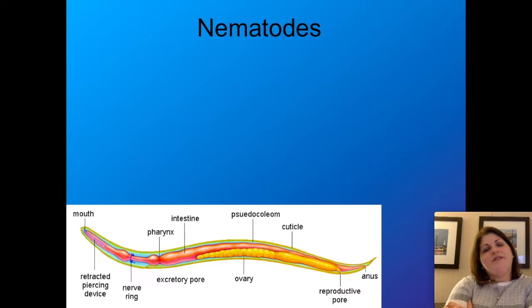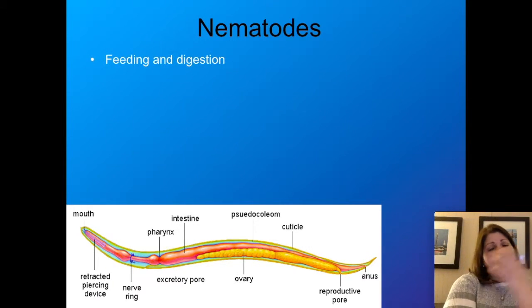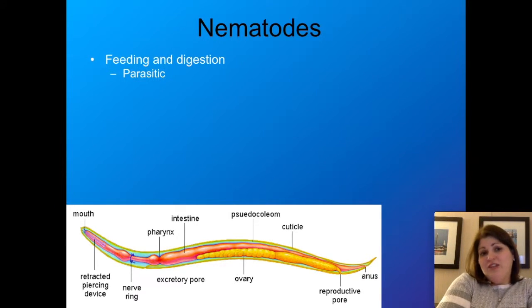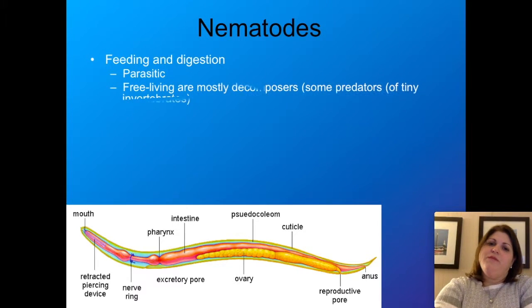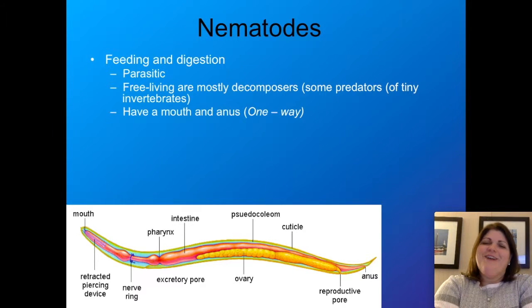To learn more about nematodes, let's talk about their body systems, starting with digestion. So, roundworms can be free-living or parasitic. Parasitic roundworms typically need some adaptations on their mouth area to help them infect their hosts. Free-living roundworms are mostly decomposers, though some are predators of very small invertebrates. All of them